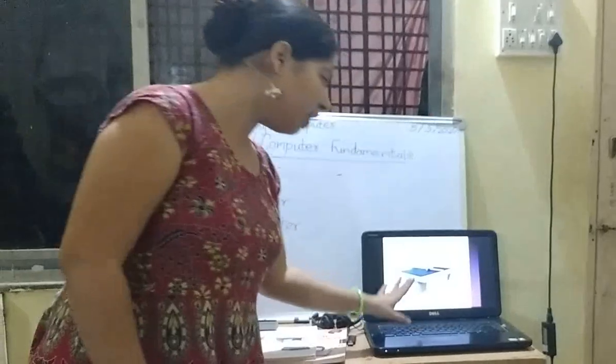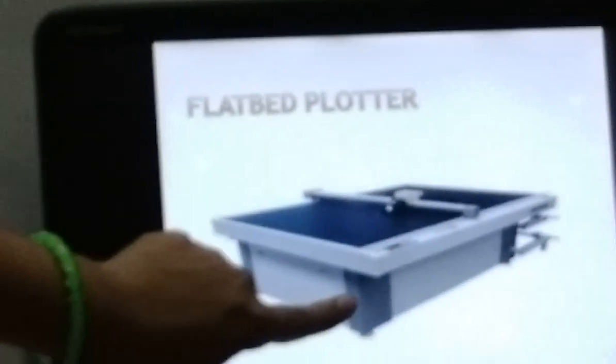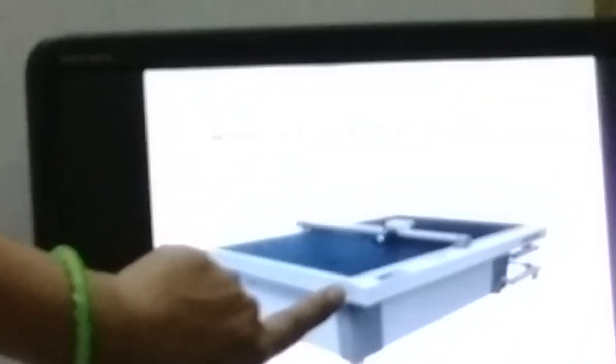Now going on with the next type of plotter, that one is the flatbed plotter. In the image here you can see that the shape is a flat table. Now on that table there is a strip.